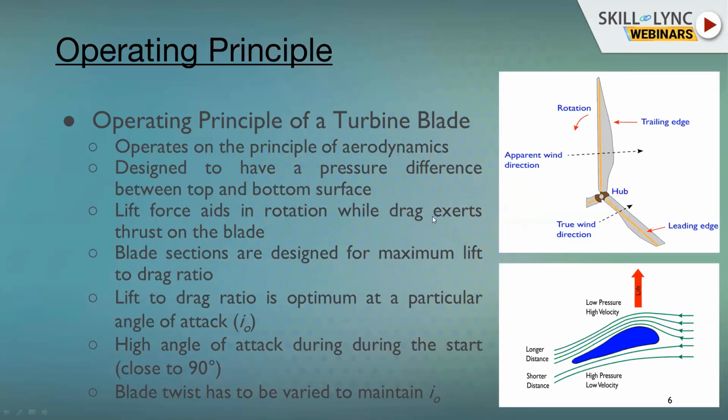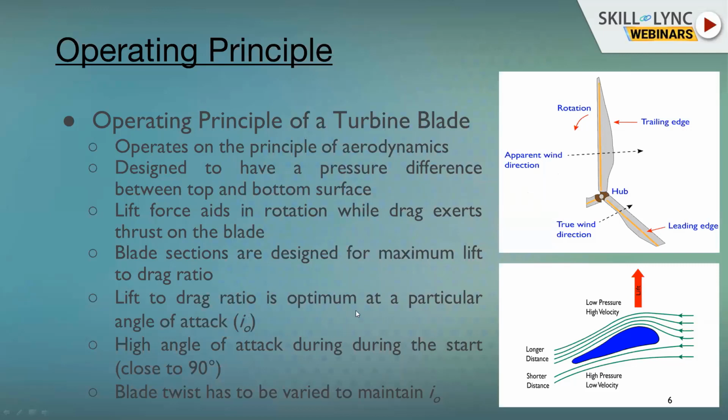the drag force. So our basic objective, while we are understanding the operating principle, is that this lift to drag ratio has to be maximum. Supposing we have to design this wind blade, then we should have the maximum lift as compared to the drag, so that the wind that is striking the blade section will help it to rotate rather than cause toppling down or damaging it.